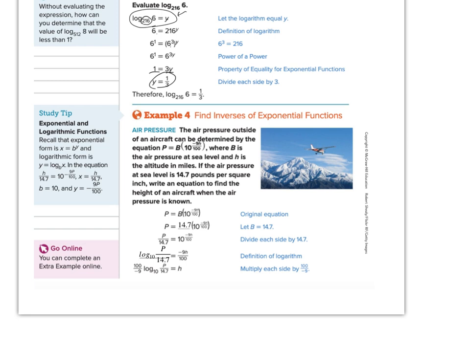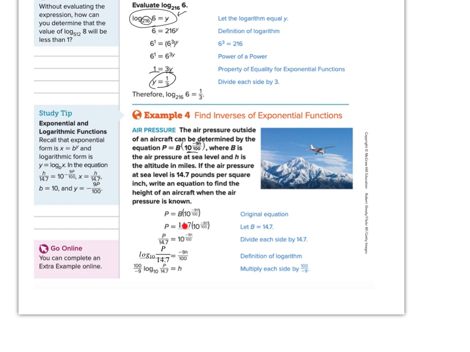Okay, here's air pressure, and we have some number raised to an exponent, right? Air pressure outside an aircraft can be determined by the equation P equals B times 10 raised to the negative 9h over 100, where B is the air pressure at sea level and h is the altitude in miles. If the air pressure at sea level is 14.7 pounds per square inch, write an equation for the height of the aircraft when the pressure is known. So B being my air pressure, 14.7,